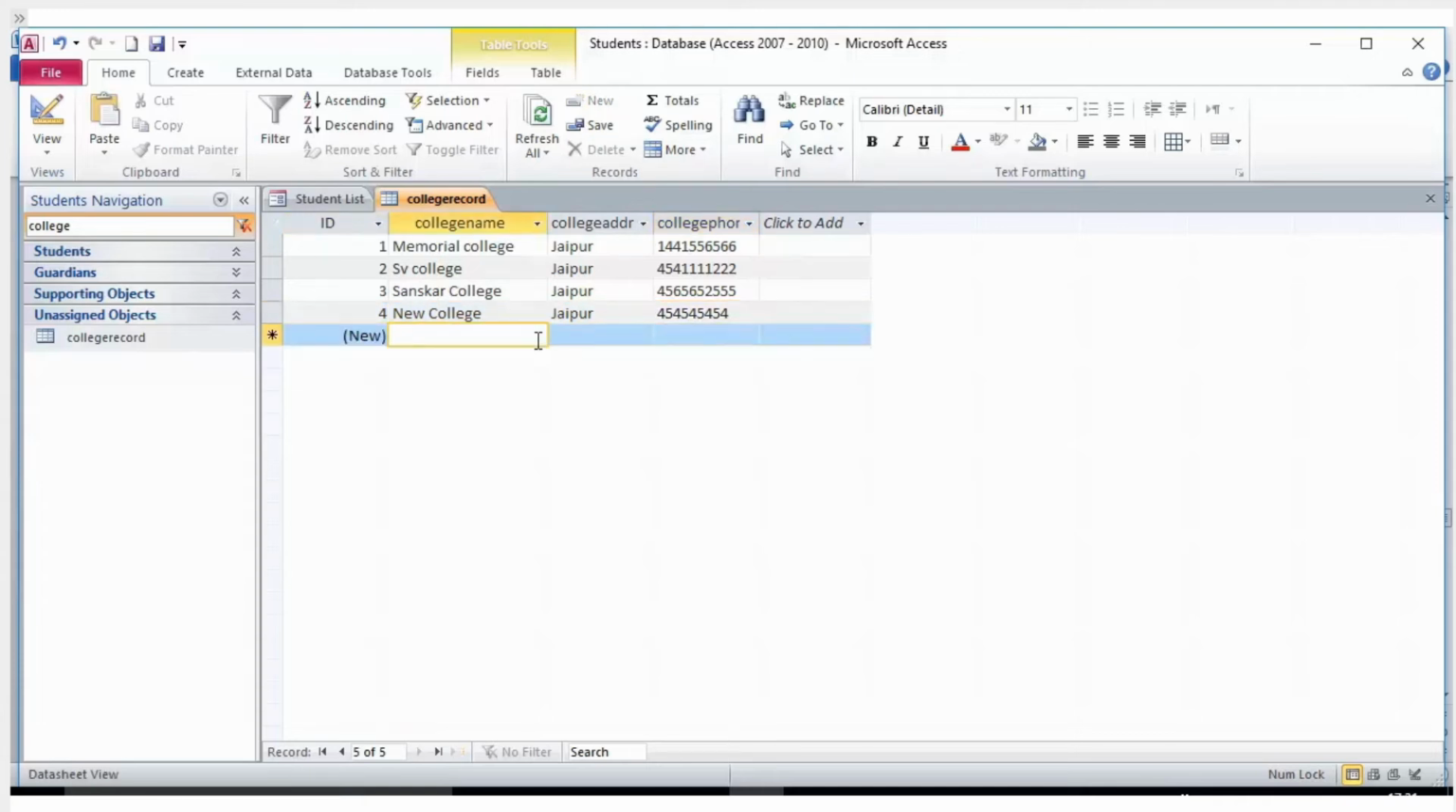To save the new record, press Shift plus Enter at any place in the record, or press the Tab or Enter key in the last column in the record, or on the Home tab in the Record group, click the Save button. Useful tip: if the data entered by